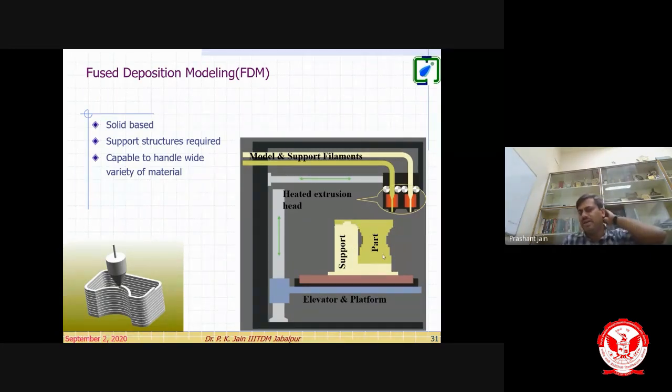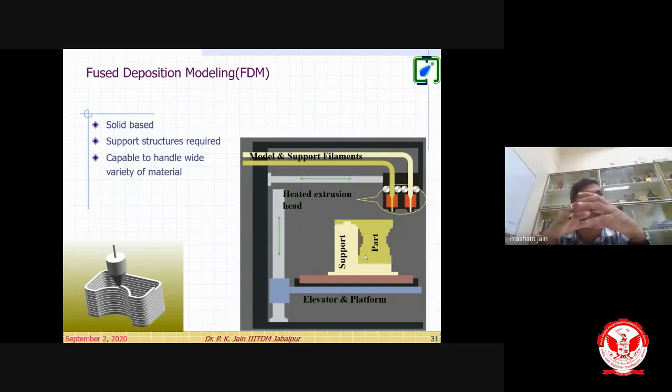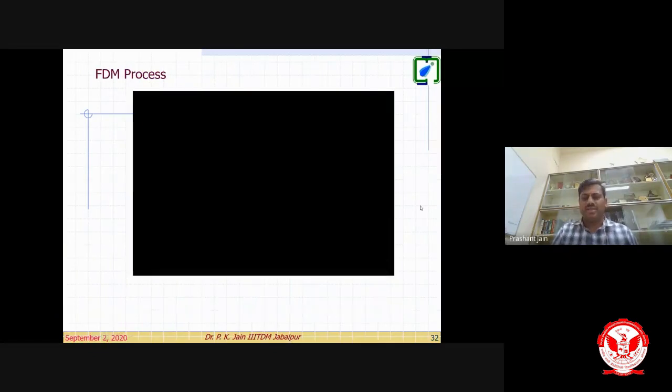And the complete heated chamber is there, right? Inside this build chamber, a certain temperature is maintained so that previously deposited layers are joined with the new layer, right? After deposition of one layer, this platform or elevator goes down by one layer. Then from here again, you see these are two heated rollers, which push the wired spool material through this heated extrusion process, right? So here the heaters are attached, right? And based on this, look at this process.